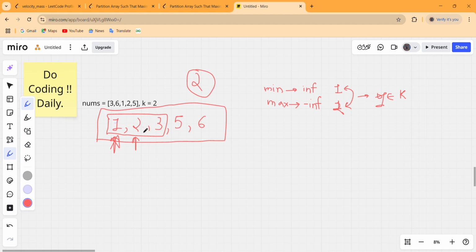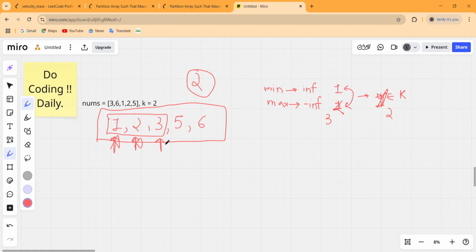So we do not have to increment our count because these 1 and 2 are grouped together in a subsequence. So move to the next iteration, and again our maximum value till this index will be now 3 and minimum is 1, and the difference is 2. And as we know this difference has not exceeded the value of k, so all these 3 can be grouped together till now.